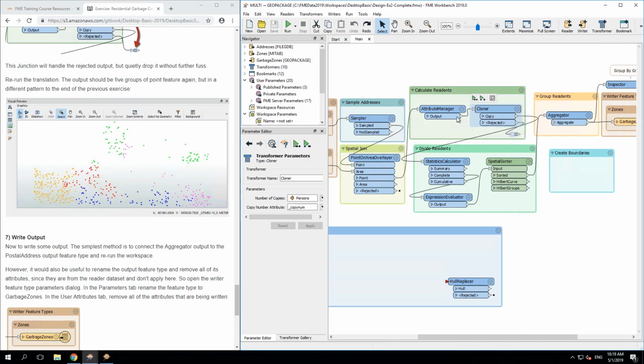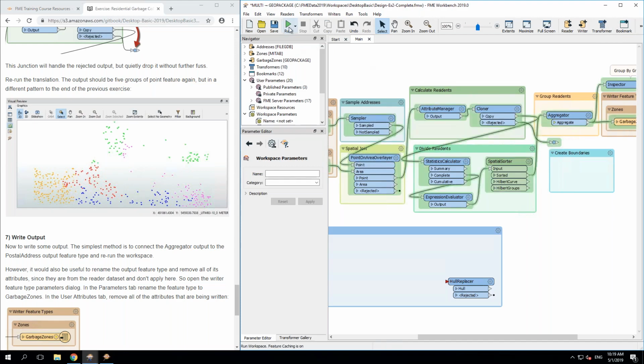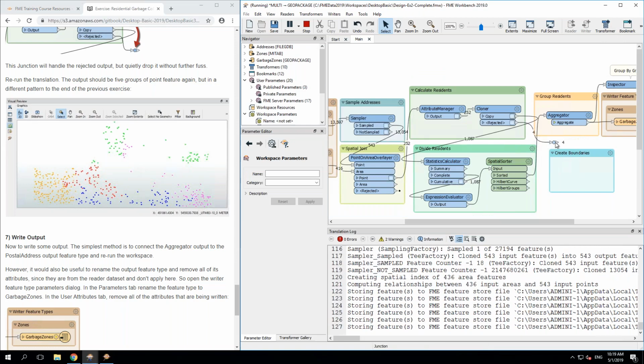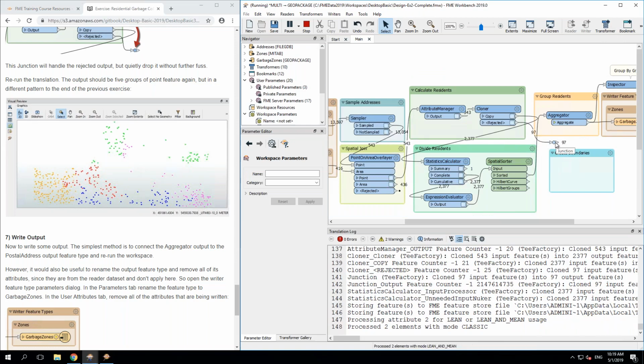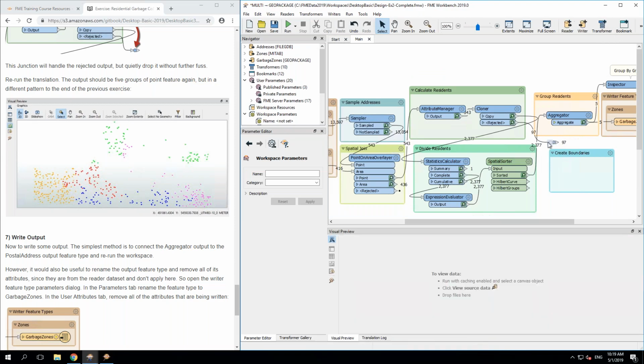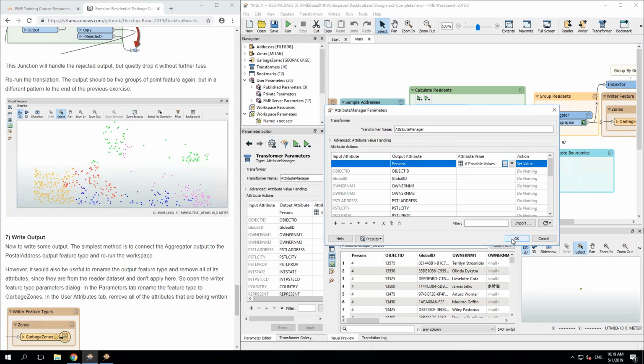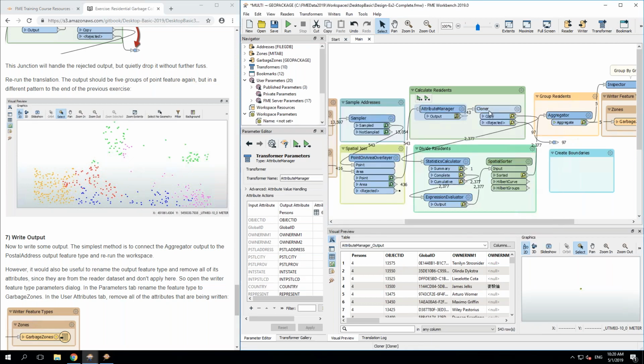The other thing that's nice about doing it this way is the cloner writes it to this junction and it actually tells us you have 97 features got rejected, and we wouldn't have known that otherwise. So we know there were 97 features that were an issue, whereas if we just set that to 0 in here, I probably wouldn't know that there were 97 rejected features. So if it was important for me to know that,